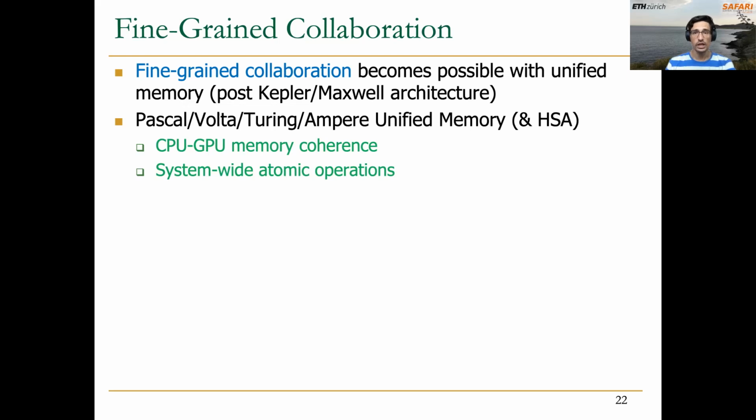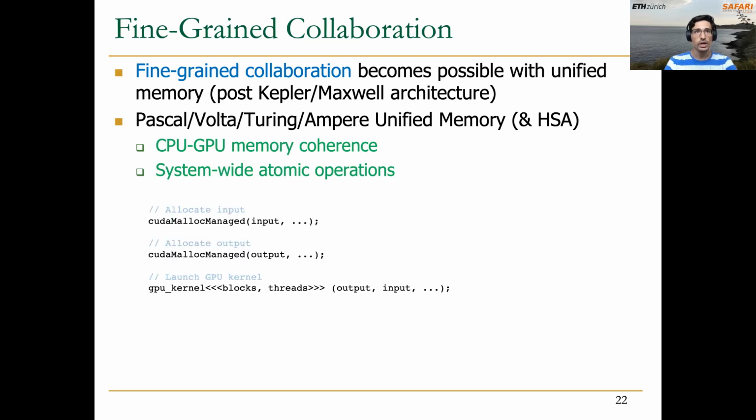And the key advantage that enables this fine-grained collaboration is that the unified memory space is a coherent memory space. That essentially means that any change that either CPU threads or GPU threads make on data that has been allocated in the unified memory is visible. These changes are visible to all other devices in the unified memory space. And also, very important for communication, synchronization, and coordination of the execution across the different devices, are the system-wide